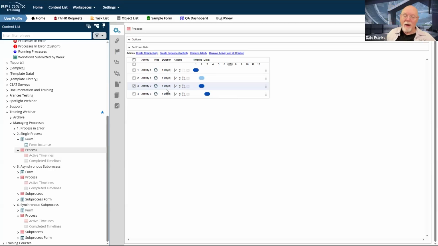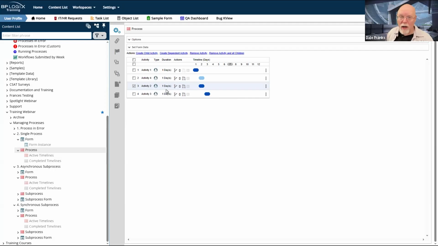But now I've got two activities that do exist. One choice is just to throw both of those activities into an error state. You have to open up the timeline activity instance and figure out what you want to do with that activity. Do you want to cancel it? Do you want to go back and restart activity one? We don't know what you want to do. So our initial approach was, you're going to have to figure it out.